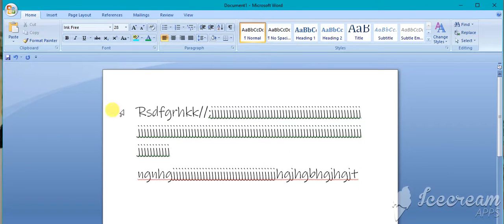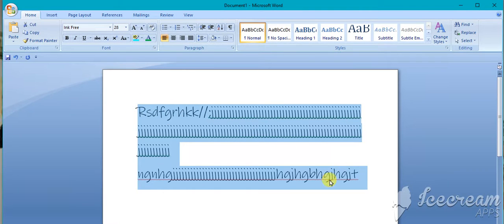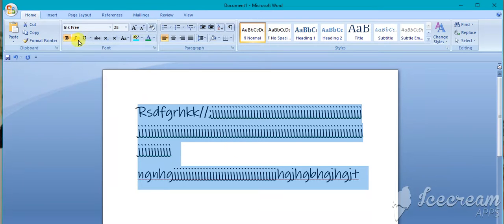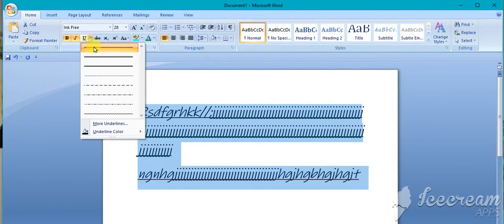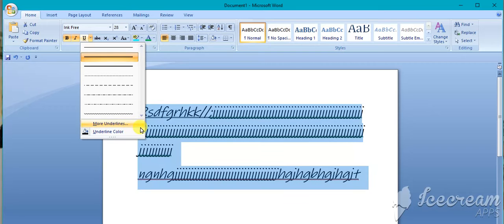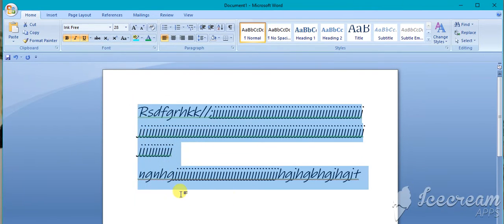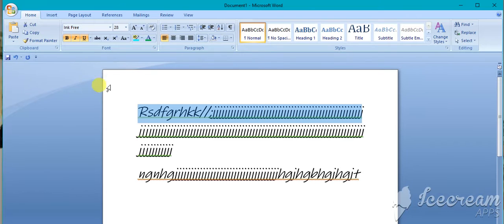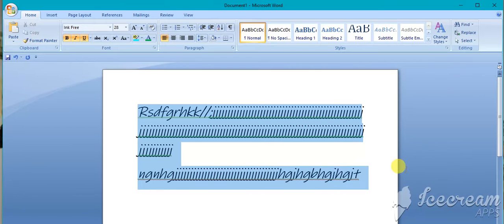So next comes bold, italics and underline. These are three very important functions. So how to do this? At first we have to select the text as normal, then do the bold. This is the bold, this is the italics, and this is the underline. Underline has variations. There are more underline styles, and there are underline colors also. If we want to change the underline color to green, see, they are green. Am I correct? Yes. If we want to remove the underlines, I have to click this again, then the underlines will be gone. Click again, and the underlines will come back.